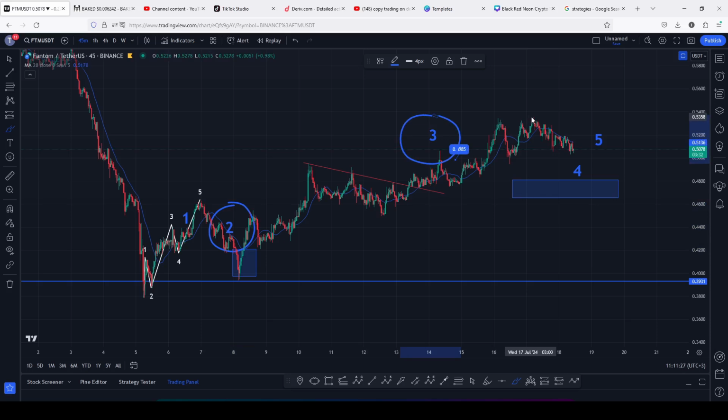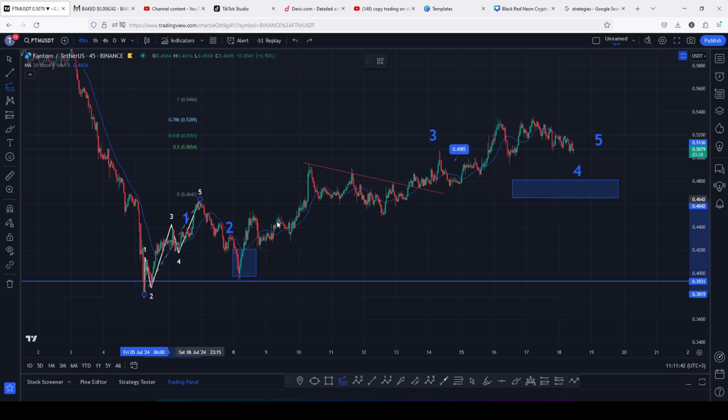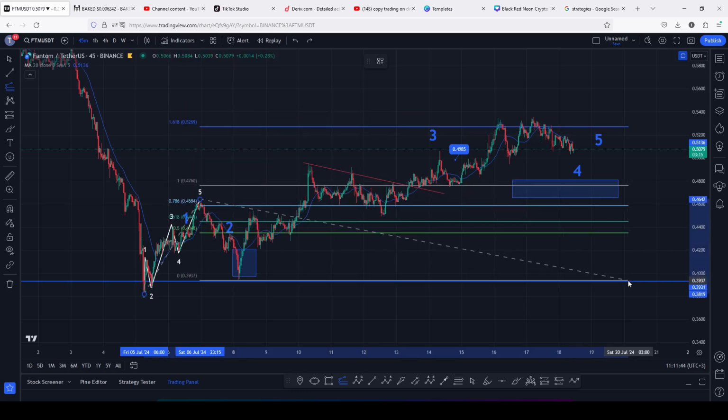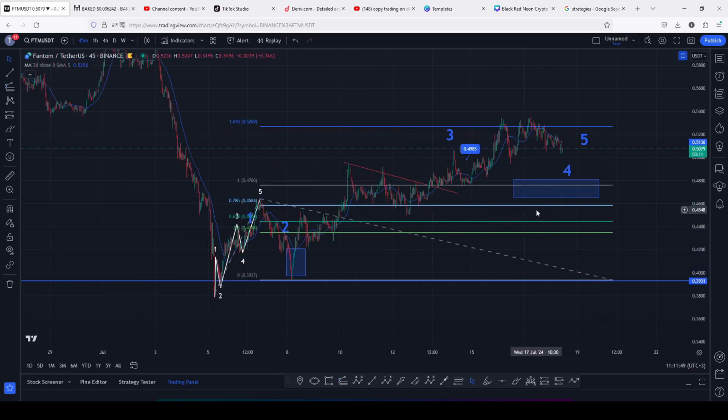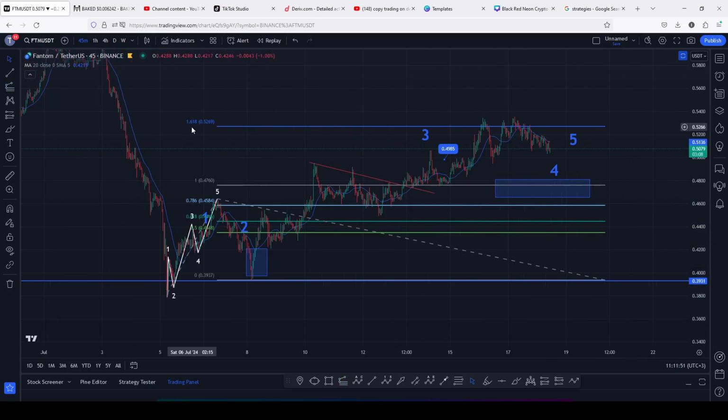in a move that has now given us a high above the 0.5361, and that high also fully maximized minimum target areas that I gave you by connecting the Fibonacci's from the low of the first wave to the high of that Elliot wave count 1 and dragging the fibs to the low of the second wave. You can see that the highs, the target areas for the third wave at the fib level 1.618 were fully maximized, and that perfectly lies above the 0.5269,